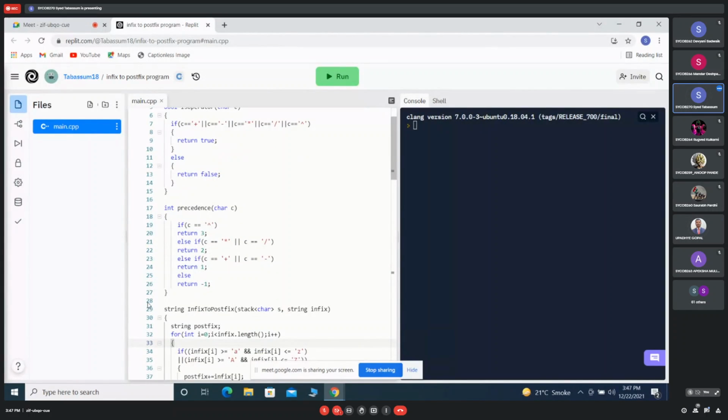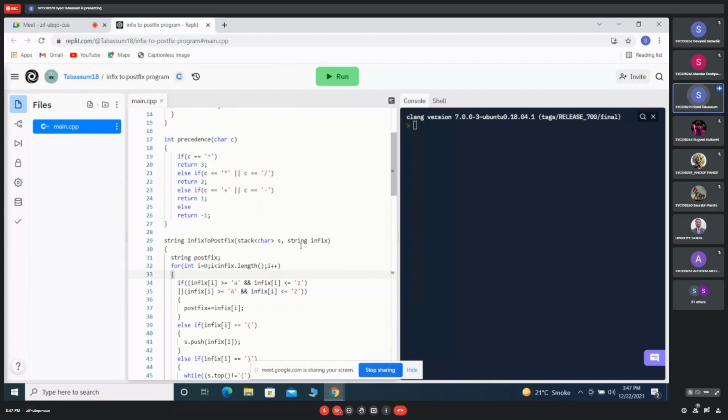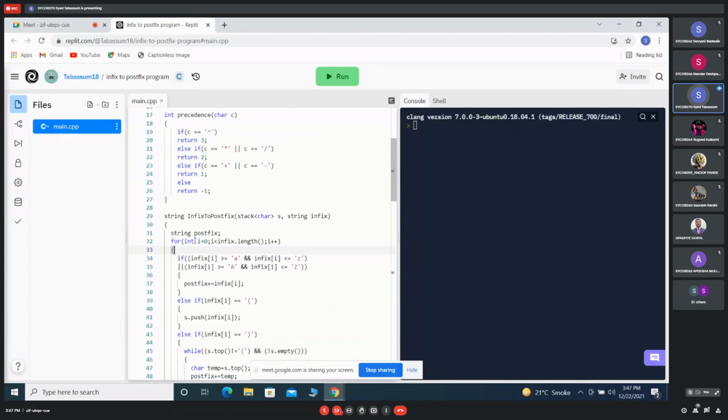Firstly, I have used a string infix to postfix function which contains the stack and the string infix. Then I created a string postfix, which will ultimately be returned from the function infix to postfix.